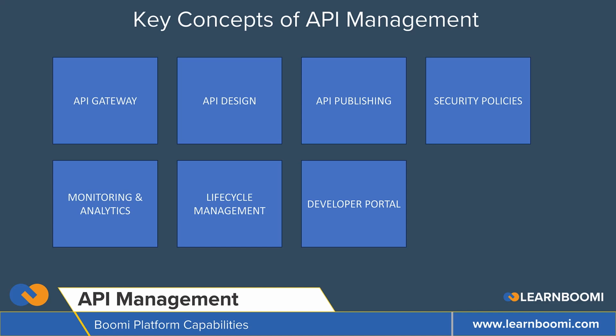Next is API publishing. It is making APIs available for internal apps, external partners, or public consumption. Next is security policies, applying rules such as API key, OAuth, JWT tokens, blocking IPs, SSL or TLS. Next is monitoring and analytics, so tracking the performance, let's say total calls, error percentage, response time, top consumers. That's all a core component of an